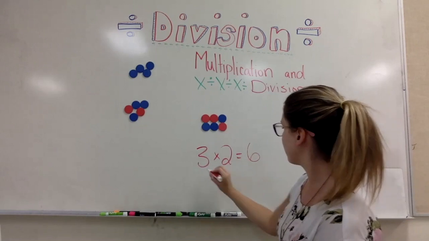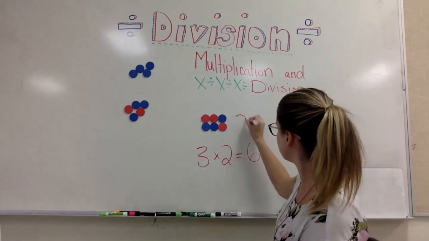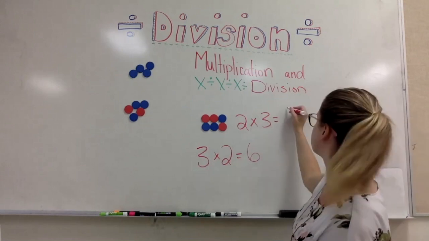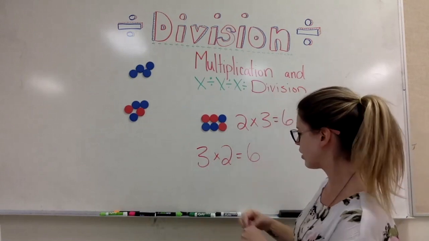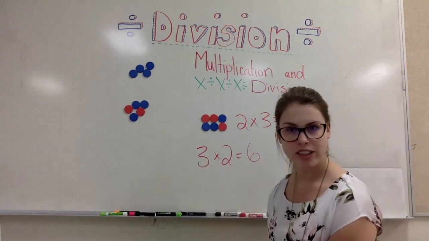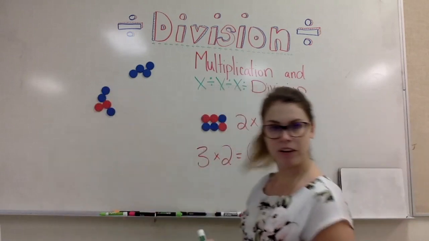Another way you could have written that is 2 times 3. The same answer, it will be 6. Now I need to look at division. If I'm going to see an array and write a division sentence, I'm going to first look at my big